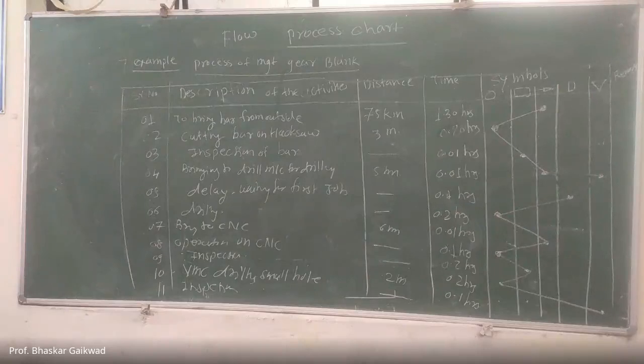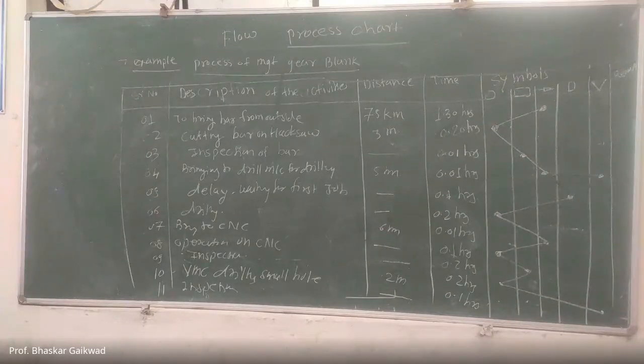So with these graphical representations, what actually will we get from this graphical representation? Is it possible to reduce certain movement of jobs? Is it possible to reduce some unnecessary movement, the delay, operations? So through these charts, definitely you will get an idea about your job. This is the most important flow process chart in industry. Very simple charts. For every job you can make this flow process chart.